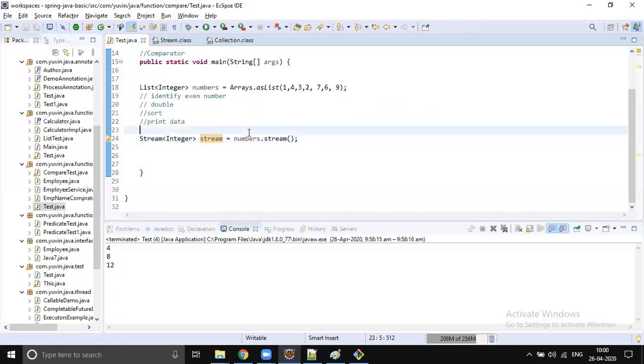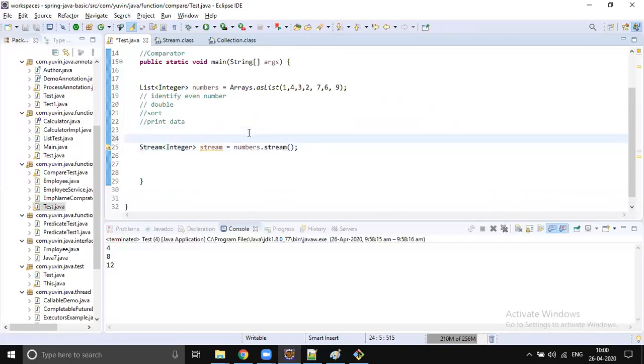Before we start playing with this stream, what you have to understand is that stream is a kind of pipeline which doesn't hold the data. Stream is a kind of pipeline which doesn't hold the data, but it processes the data. For example, you have a water tank, right, and you attach a water pipe. So you can consider the tank as this list, right? The tank is a kind of collection which holds the data, and the pipeline you can think of is like a stream, right? So by using that pipeline, you can get the water into your home wherever you want, right?